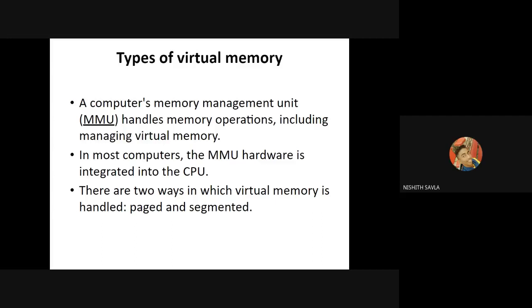Segment number and offset. Okay, from the segment number and offset, I get an entry into the segment table. But the segment table will give me the base and the limit. So by using that base and adding the limit, I get an ending address. So your page table has page number and offset. Your segment table, by using that segment number, you get an entry into the segment table, which will give me the base and the limit.